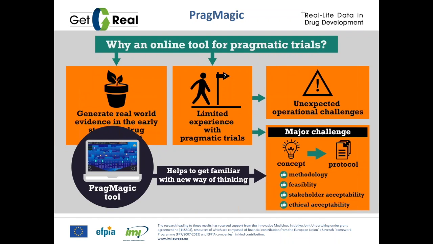Secondly, the translation of the concept of pragmatic trials to a pragmatic trial protocol involves a way of thinking and balancing certain implications of design choices that we are simply not yet familiar with or experienced with. So we have to balance the minimal interference we aim for with routine clinical practice, because we need this to ensure the generalizability, with the requirements for example, the safety and monitoring. So we came up with a tool that we call PragMagic, and this is designed to cover both,